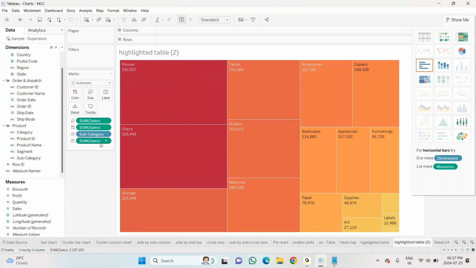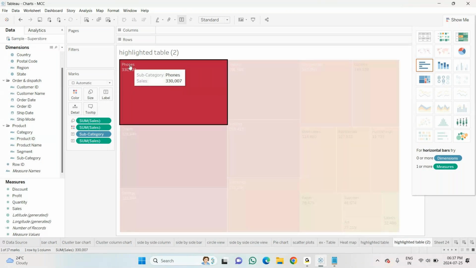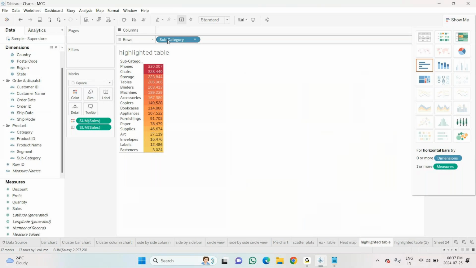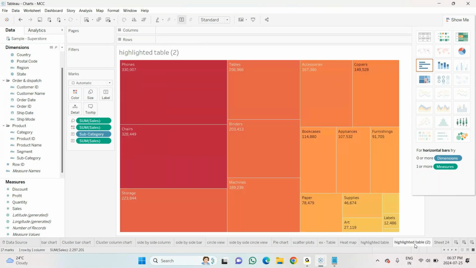Okay. So after this, you can check here how you want to change or any other things you want to do. So I have taken this as a highlighted table, so that is tree map. Same thing as I was having, right? I've taken a subcategory and the sales. After subcategory and sales, I have converted it into tree map.